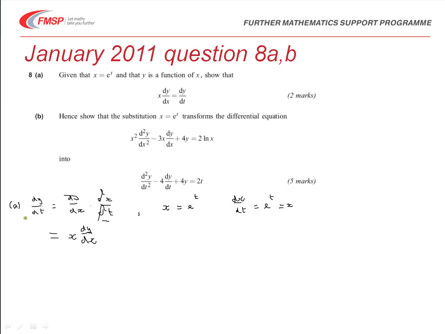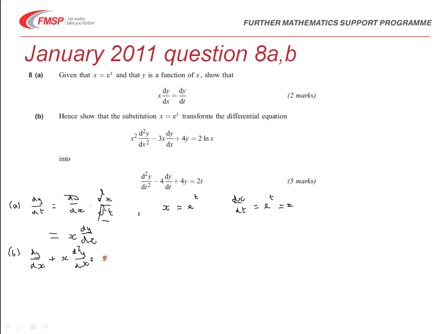Well, we can differentiate what we have just found, again, with respect to x. And so if we differentiate the x dy by dx using the chain rule, we will get dy by dx plus x times d2y by dx squared,